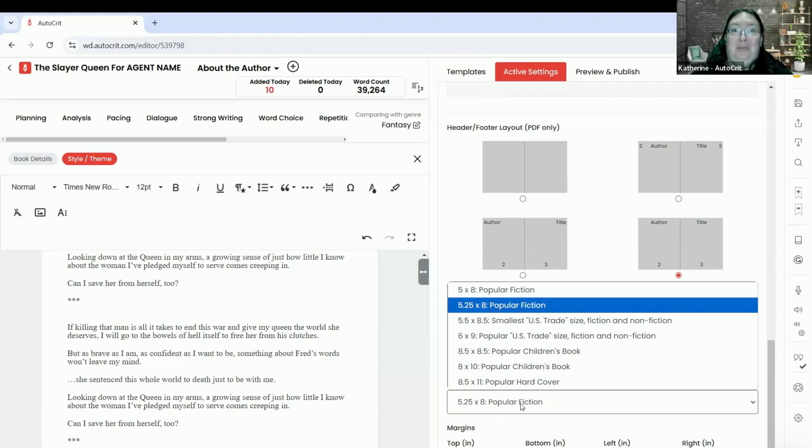So you've got all that to work out too. And then you tell them that the interior for the 5.25 by 8 is this many pages. The interior for the hardback with the dust jacket is this many pages, and they will take care of the rest. Most of them have templates, in my experience, that they have used to help create one that matches what